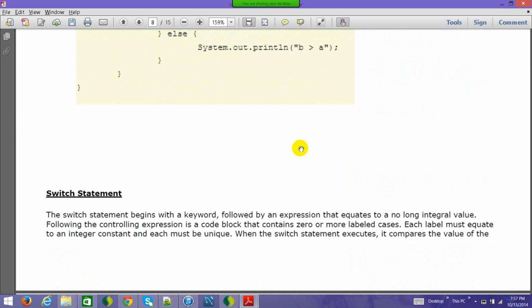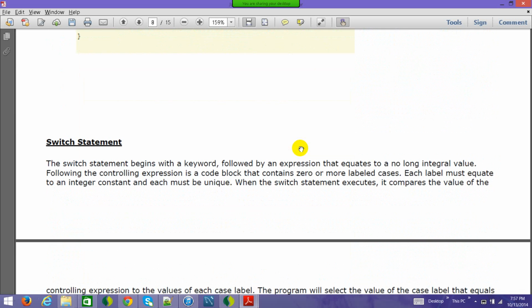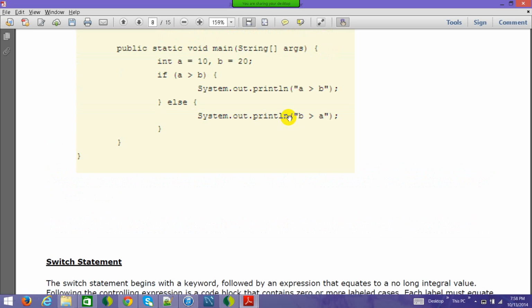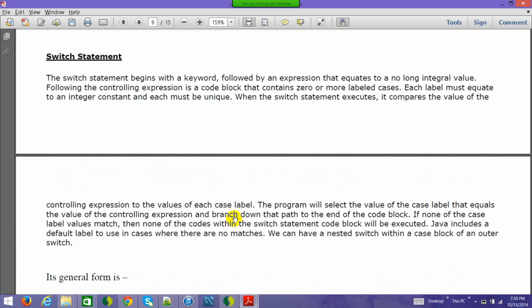So we have the switch statement. So what is actually switch? Switch, as the name suggests, is sort of a key. You have a value, and depending on that value, you decide what needs to be executed. So you don't have to write the exact if else. Depending on that value, you can jump onto different pieces of the code and execute that. So let's see that with an example.